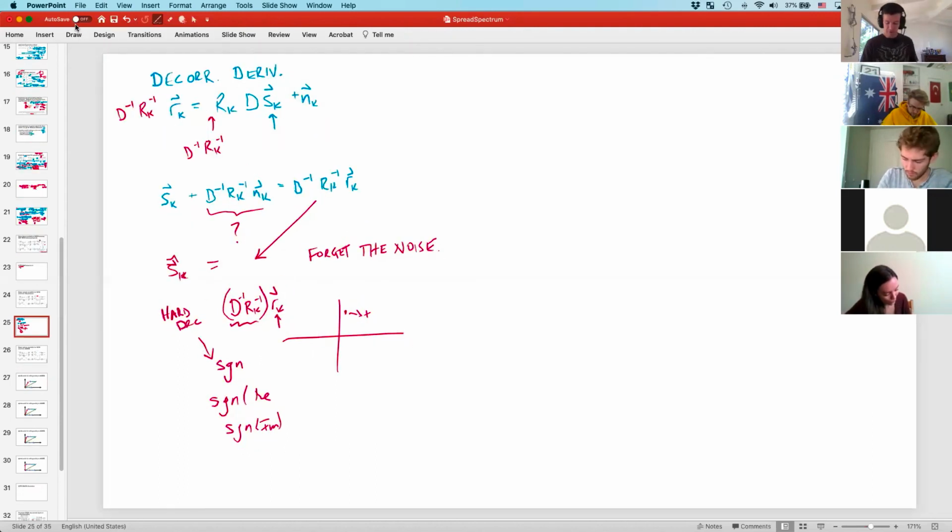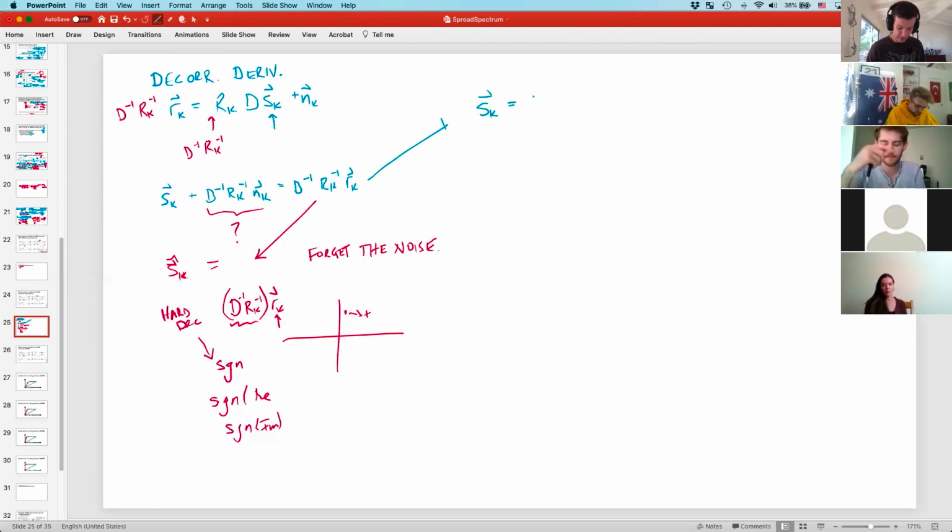So I promised you suboptimal alternatives, and this is certainly one of them. But we should also pause and establish how suboptimal these are, or when they are reasonable things to do and when they are not. So let's take this line and rewrite it as, well, R_k D inverse R_k